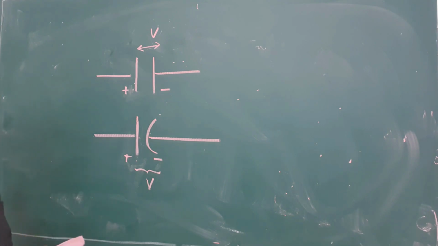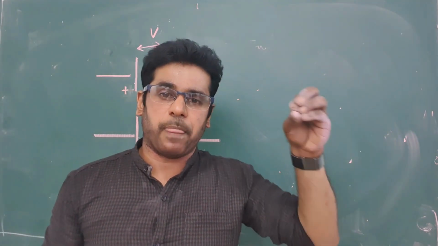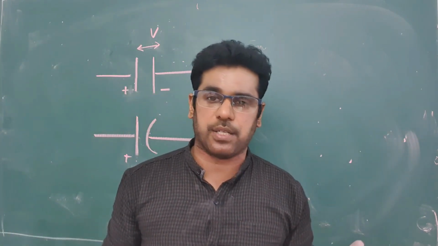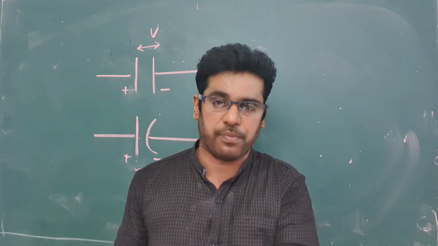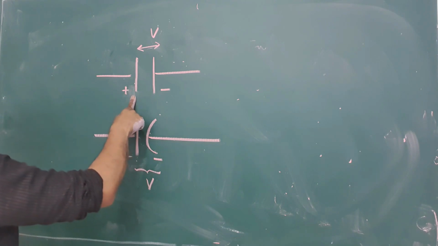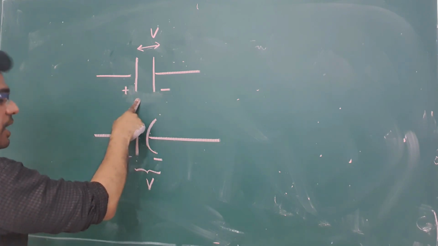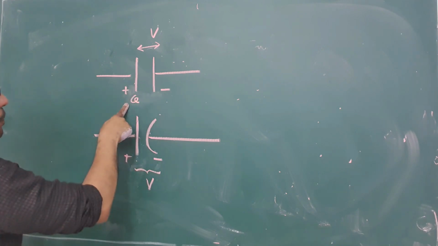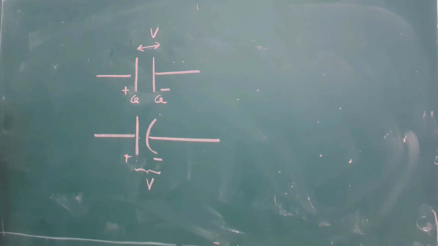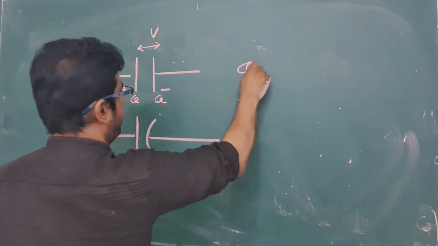And next, I told you when we take the capacitor from the market, it has no charge. We have to charge it by using a battery. After charging, the capacitor stores charge. The plus plate takes plus Q and the minus plate takes minus Q. That implies the charge of the capacitor is Q.